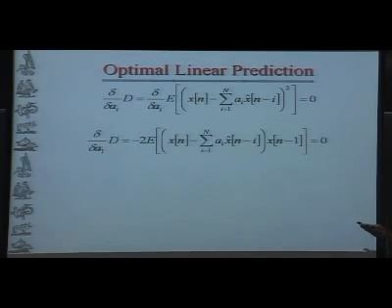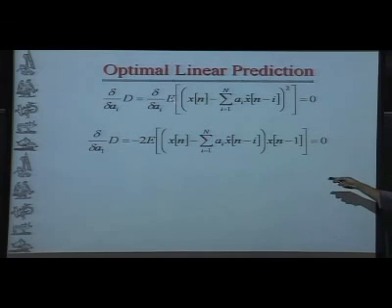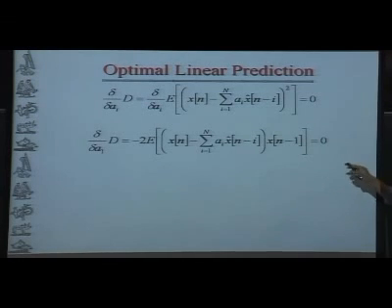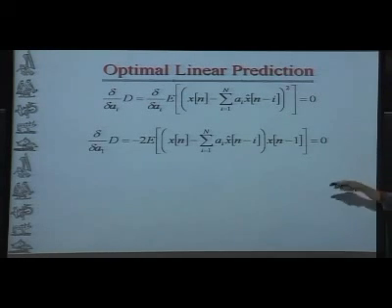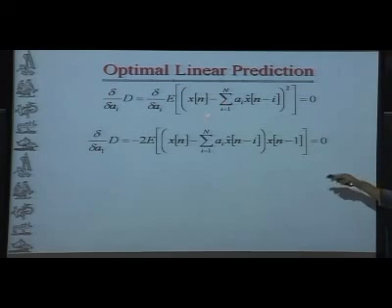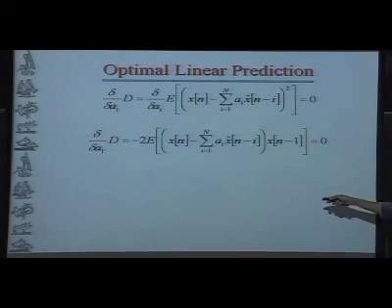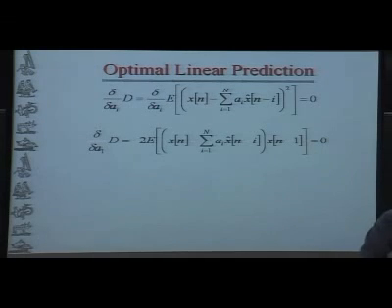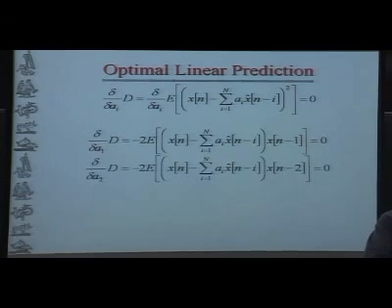When I do a1, remember I have the square here. I switch the order of expectation, which is an integral, with the derivative, and take the derivative of the terms inside. I have this 2 here. I have the negative sign because I have a negative sign here. And then the chain rule gives me x of n minus 1. I only pick up the first term. So if I do it with a2,